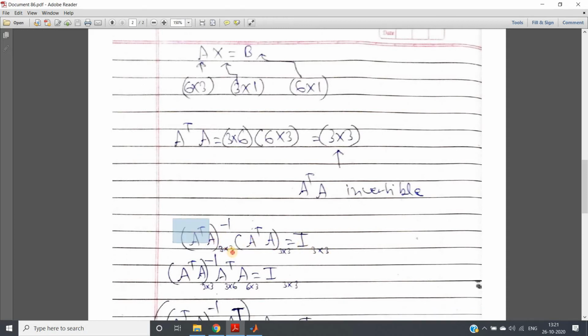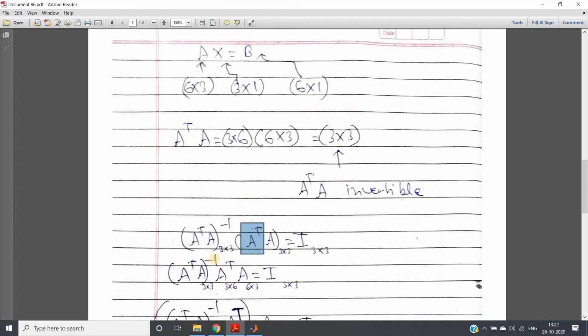Now here in this part, the bracket is very important because we are taking the inverse. Before that we are multiplying A transpose and A. But on this side, the parenthesis I am giving is not important because we are just simply multiplying. So we can remove the parenthesis for the time being and we get this one. And I have written the dimensions in this particular part. You can see A transpose A whole inverse, which is 3 cross 3.